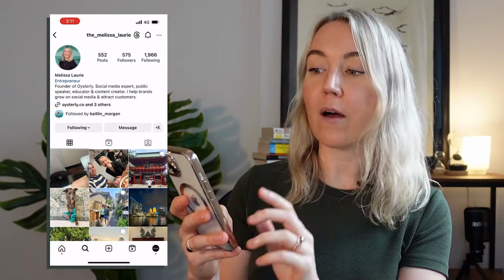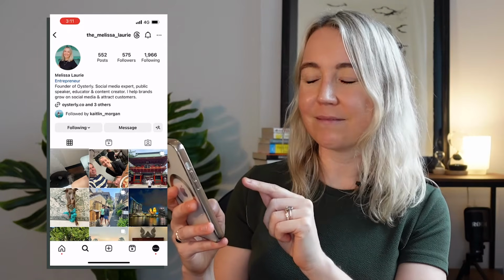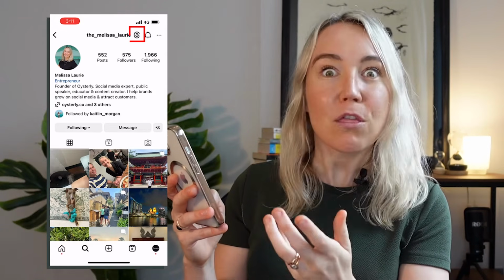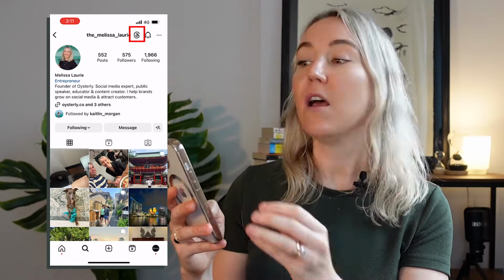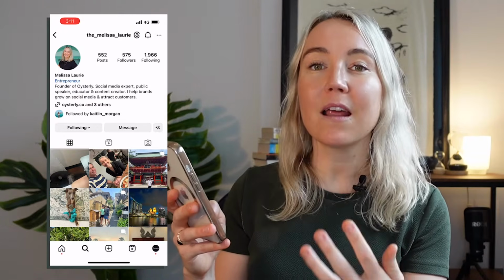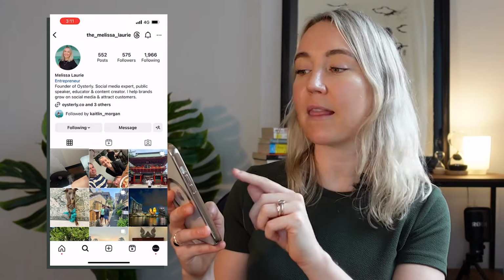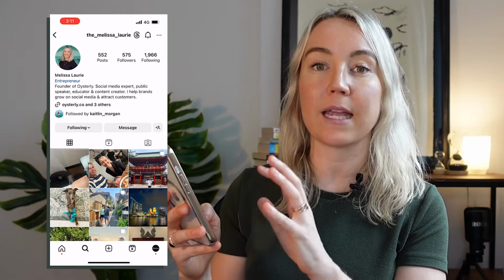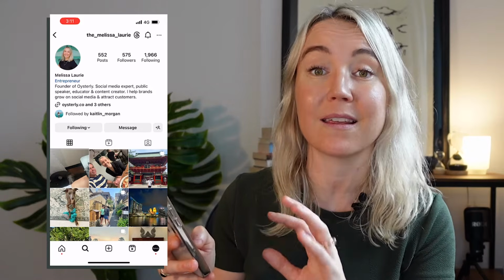So now that you're up to speed with getting the app on your phone, I'm going to share with you a Threads pro tip. So you know how Threads is linked to your Instagram account, right? So what I noticed on my Instagram account, let me just open it up. When you go to my profile, can you see up the top there? What do you see? It's the Threads icon. So I noticed that I had a pre-setting which actually made the Threads icon appear on my Instagram profile, and you can do exactly the same.